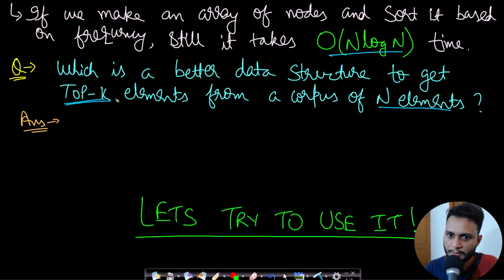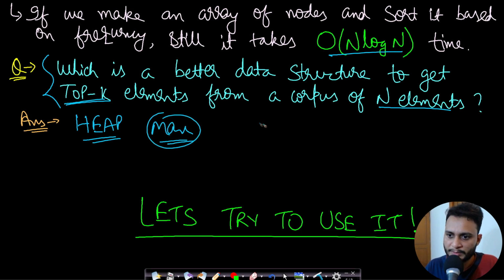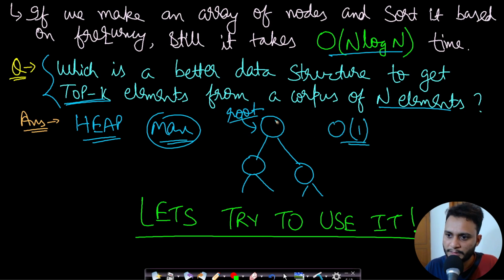Well, if you have solved the kth largest element or the kth smallest element problem, then you must be guessing correctly that we will have to use heap. So what is the property of heap? Let's say we are talking about a max heap. Max heap will always keep track of the maximum element at its root. So maximum will always be present at the root. Whenever we want to take out the maximum element, it is available in order of 1, and we can extract it in order of log n time, where n is the number of elements in the heap. I have already explained all these things in my heap playlist, so do watch that.